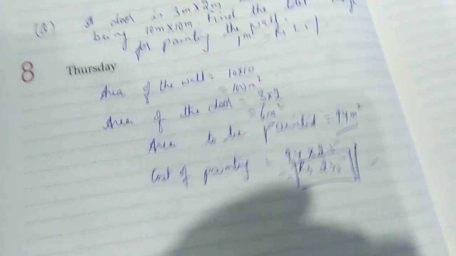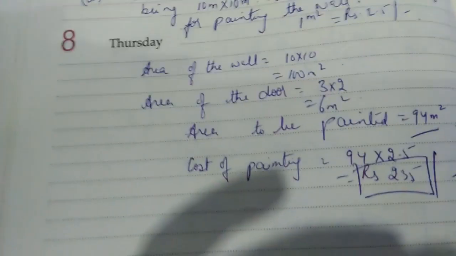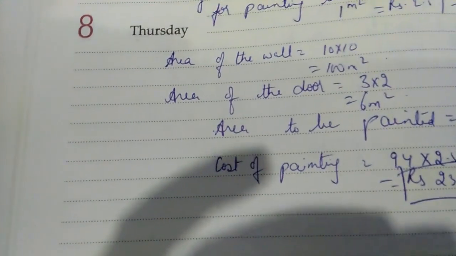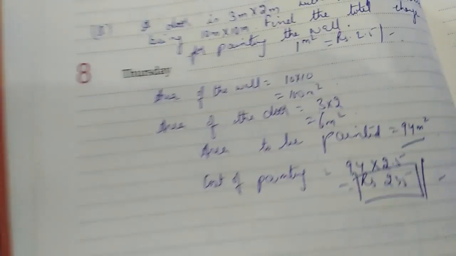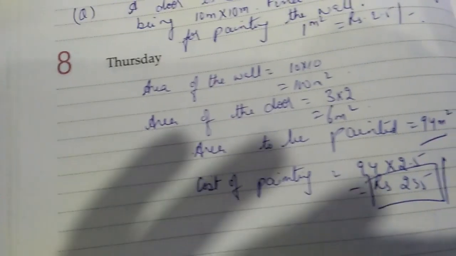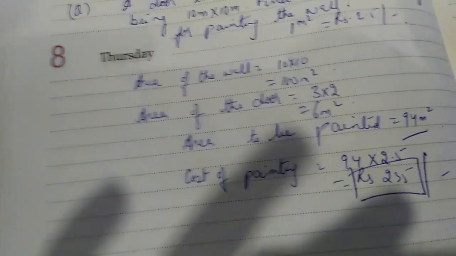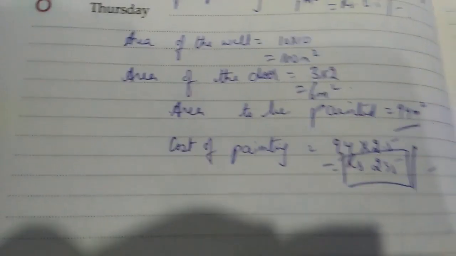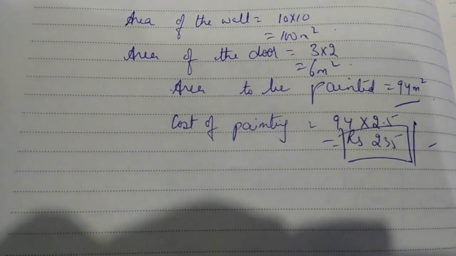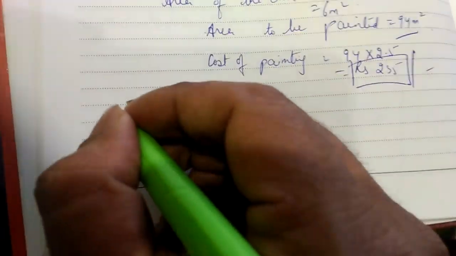Okay, this is simple enough. So what is the area? Area is the region covered by the figure, or the door in this case. And what is the perimeter? Perimeter is the sum of all sides, the total length of all sides. Let's solve a few other questions in order to get a better understanding of the same. So let's solve another question.